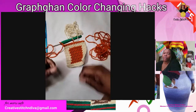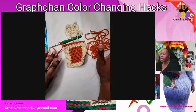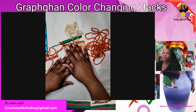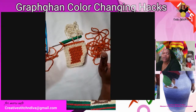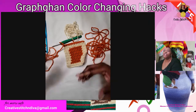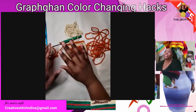So if you are doing bobbins and you already have it set, I know Gail, my girl Gail, sets it up for the whole entire project. So she knows that she needs 5 colors. She would do her background first in the largest bobbins, because for the background you're gonna need larger bobbins. You're gonna need more yarn for the background, and then each one in the middle, each color, like the rest